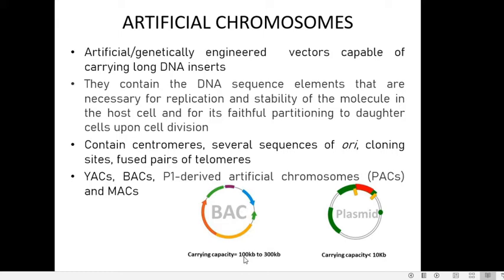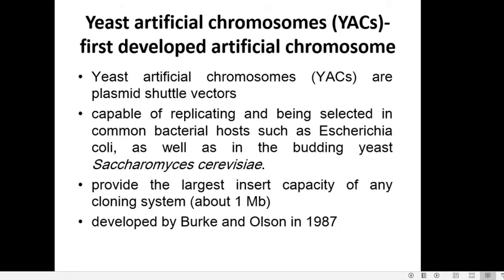Then we go to the first developed of all artificial chromosomes, that is the YACs or the yeast artificial chromosomes. So yeast artificial chromosomes, as I mentioned, were the first developed artificial chromosomes. They can be used as shuttle vectors. What do you mean by a shuttle vector? Apart from that, they have the ability to carry longer sequences of DNA. They can be used as vectors inside bacterial cells as well as yeast cells. Bacterial cell is a prokaryotic cell. Usually E. coli cells are used as host cells, and the yeast cells are eukaryotic cells. So in both these types of host cells, they will work. That is why they are called shuttle vectors.